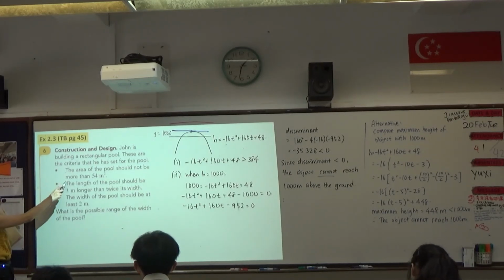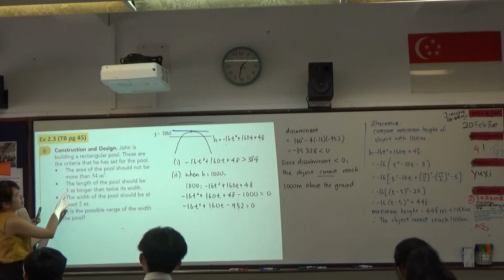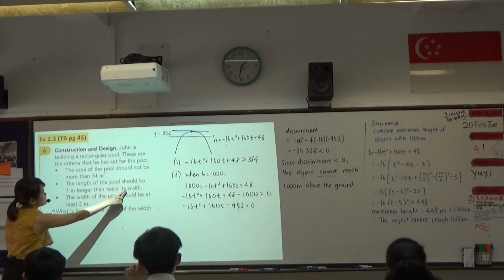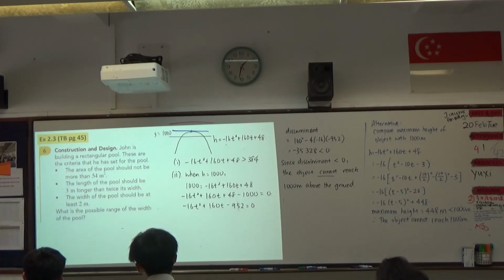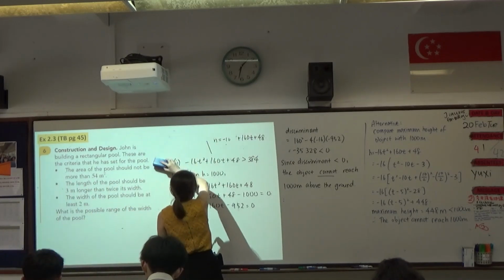The area of the pool should not be more than 54 meters squared. There's a criteria for the length such that it should be 3 meters longer than twice its width, and also the width of the pool should be at least 2 meters. What is the possible range of the width of the pool? So a lot of conditions given to us